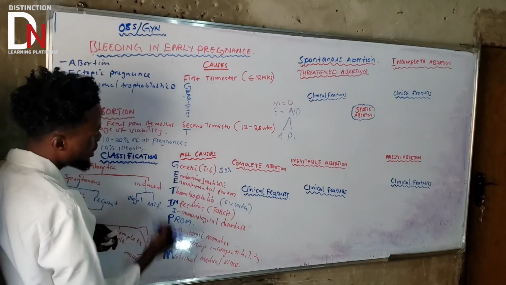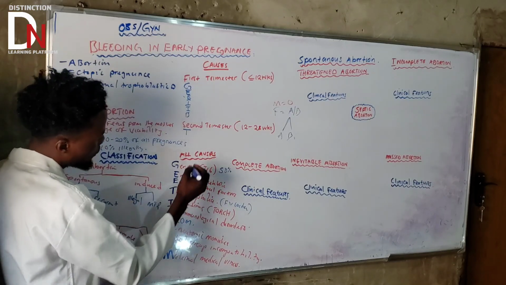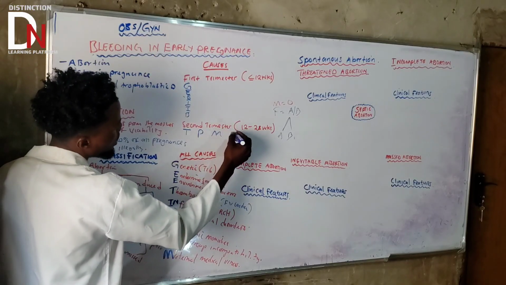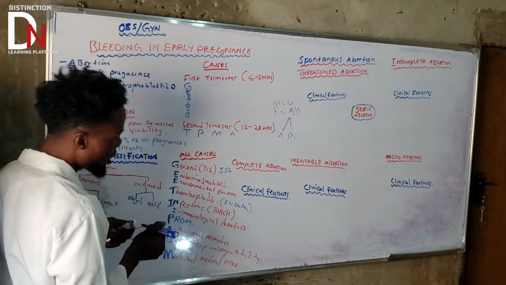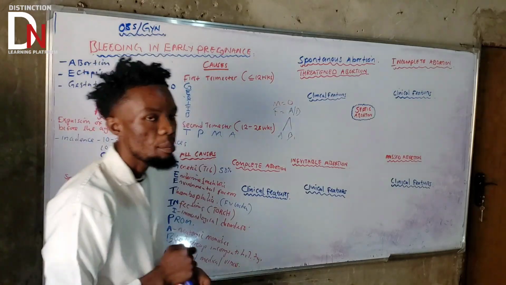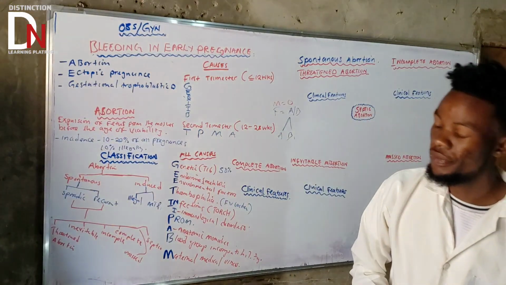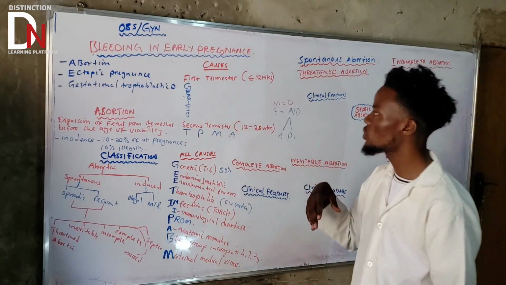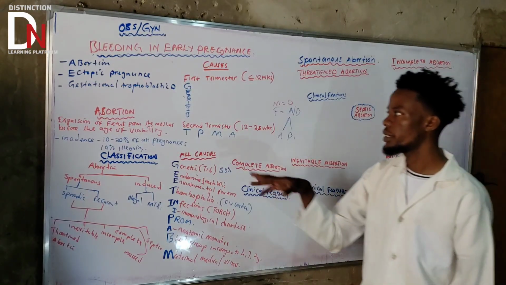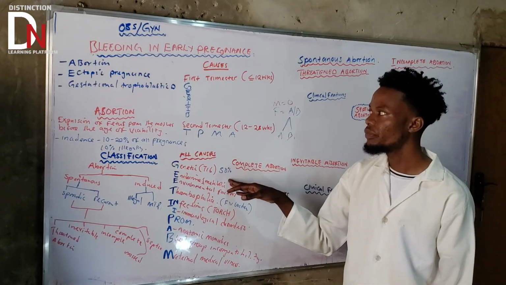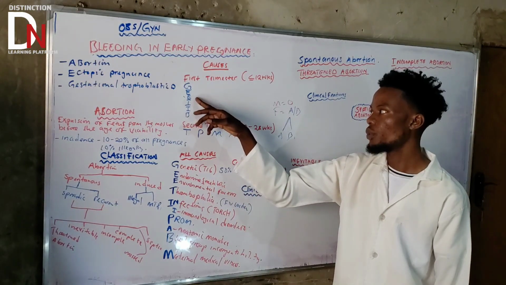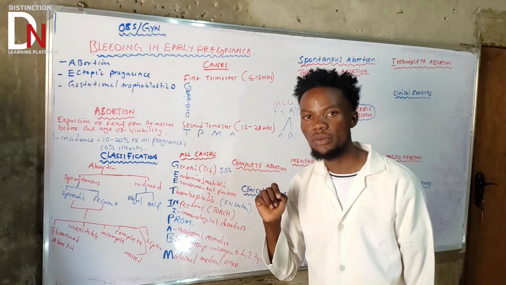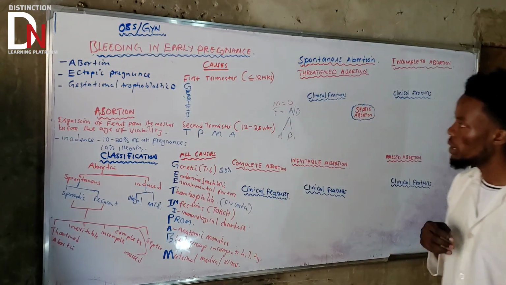Then the rest, which is T, P, then M and A, these are the most common causes of second trimester abortion. Very, very important to take note of that. In case they ask you, because there's a question they can ask, what is the most common cause of the first trimester abortion? You can say genetic factor, because it's about 50%, followed by maybe endocrine and environmental, ranging about maybe 10 to 20% of cases.